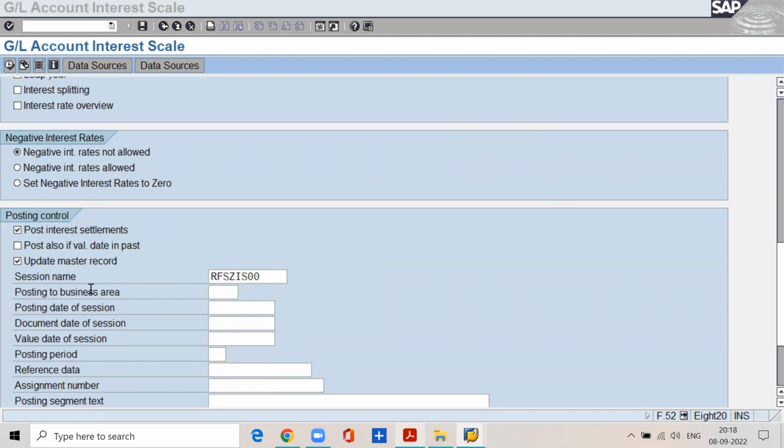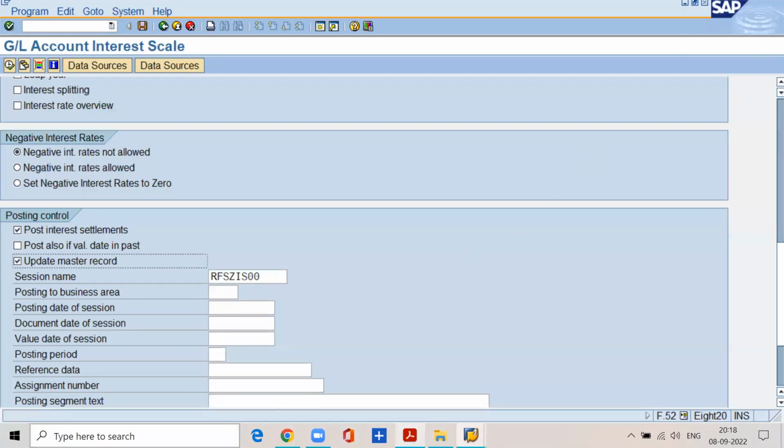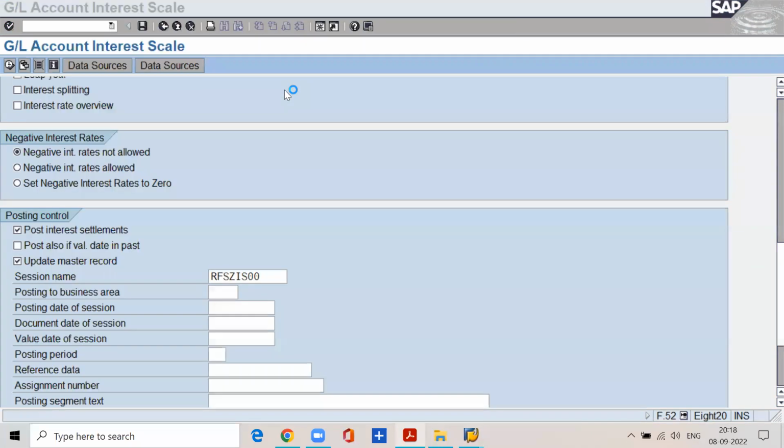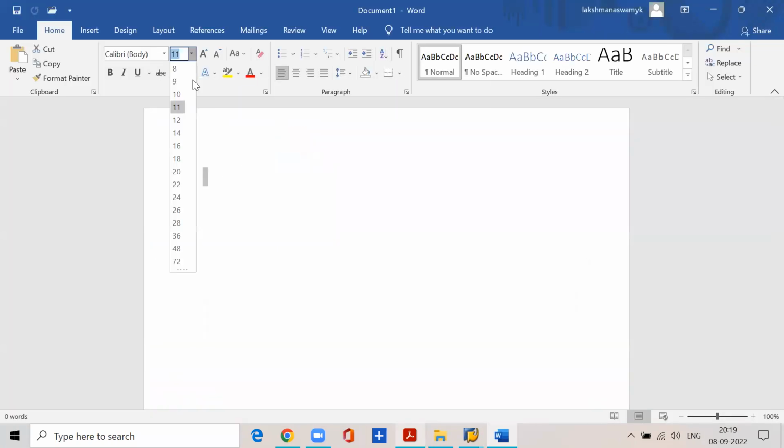Update master record. By selecting this checkbox, the system will update two fields in every term loan account master record on which interest was calculated and posted. They are